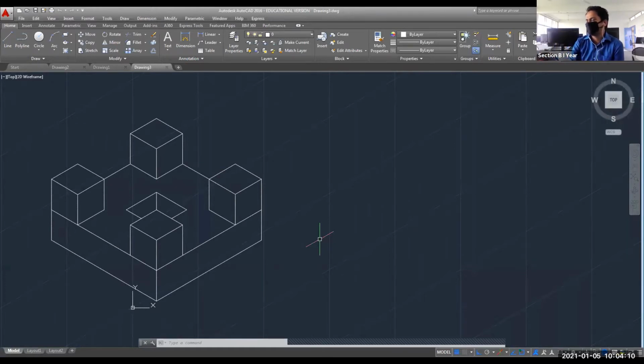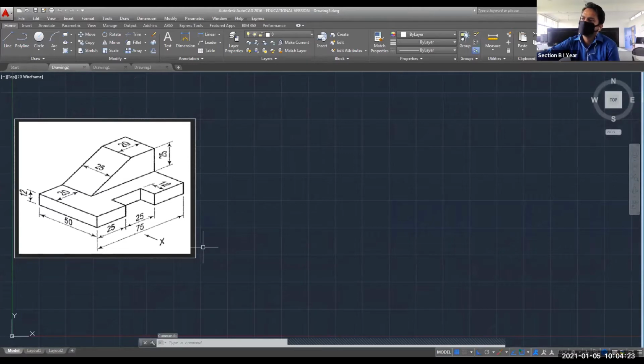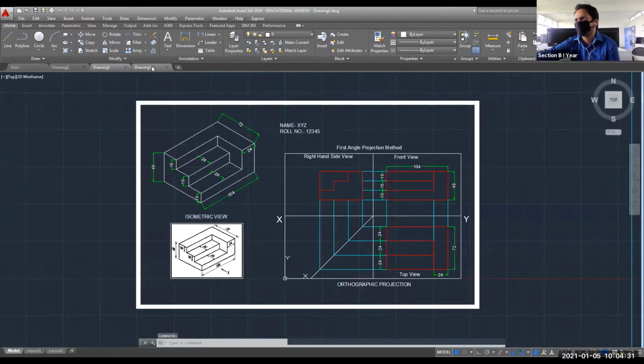Okay, first we will draw the orthographic projection for the object that is visible on your screen, and then we will look at this second problem. Yeah, this one. So in this iso to ortho, ortho to iso, we can say vice versa. Okay, so we will be having 1, 2, and 3 drawings.